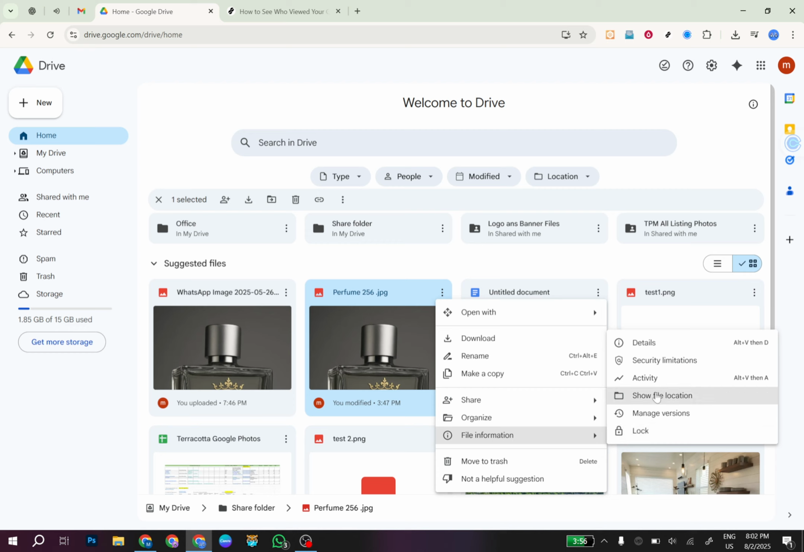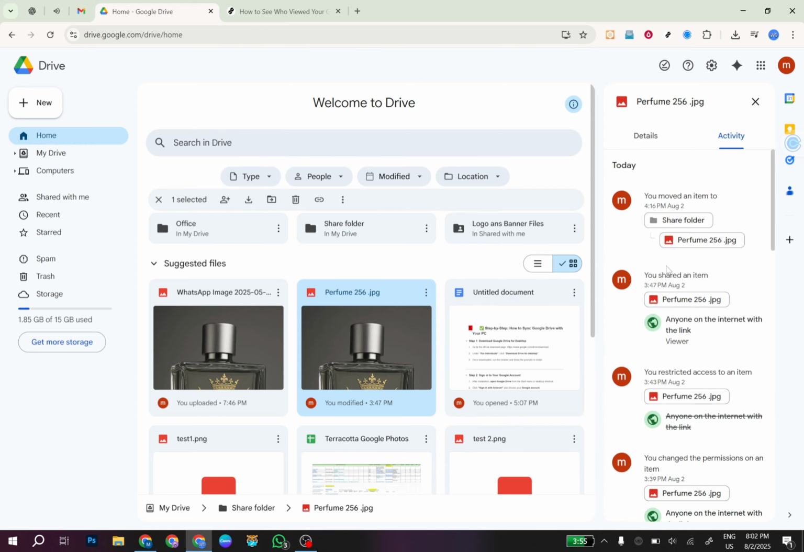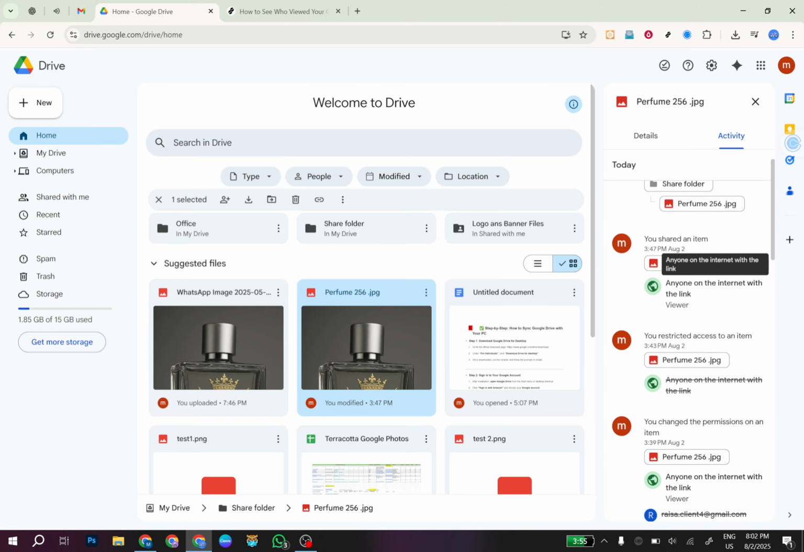This action will open up an additional pane on the right side of your screen displaying various details about the file. In this sidebar, you will see a tab named Activity. Click on Activity to access the activity details for your selected file. This section provides a comprehensive history of interactions with the file, including who viewed, edited, or commented on it, and when those interactions occurred. It's an excellent way to stay informed about your shared documents and keep track of any